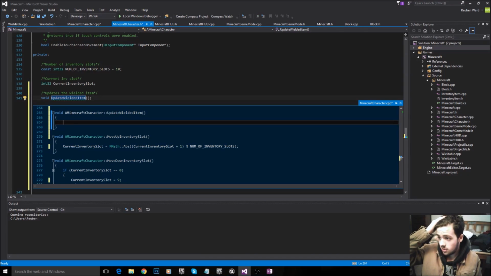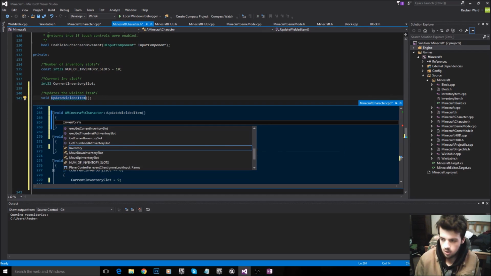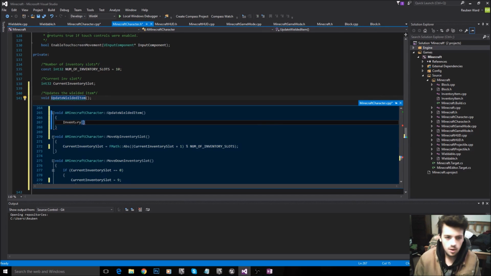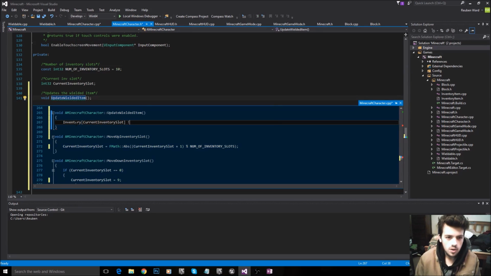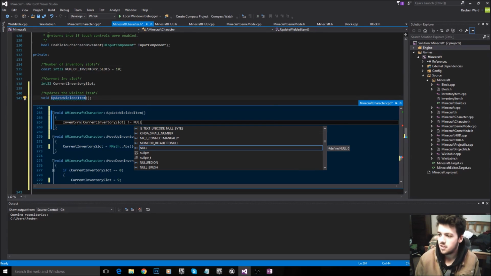You know what, we could do this in one line if we wanted to, but I don't. It would probably be a little bit messy if we did this on one. You know what, let's just do it. I want to show you guys a cool feature. So if you guys don't know much about C++, here's a nice little feature you might not have heard of before. It's called a ternary statement. So what you do is you say a true or false question. So is current inventory slot not equal to null? So is there an item at the current inventory slot, right?